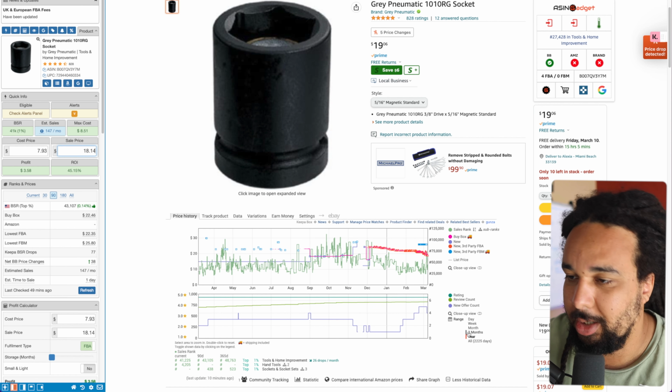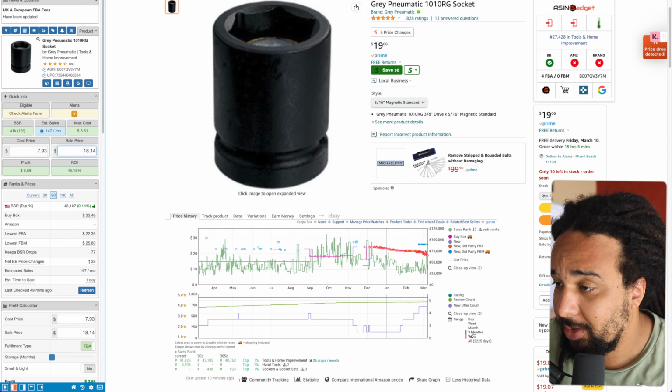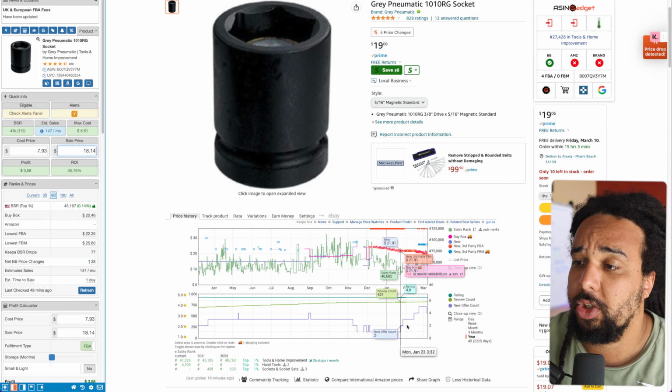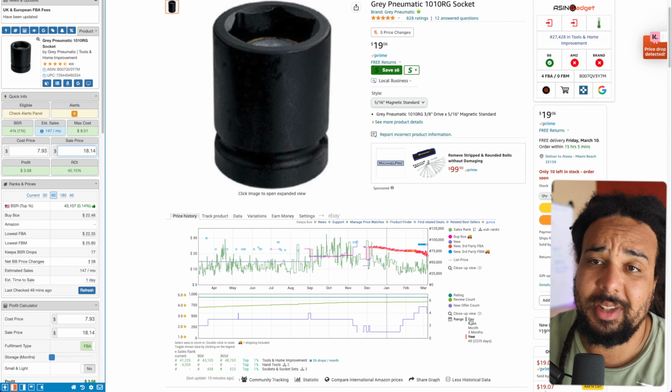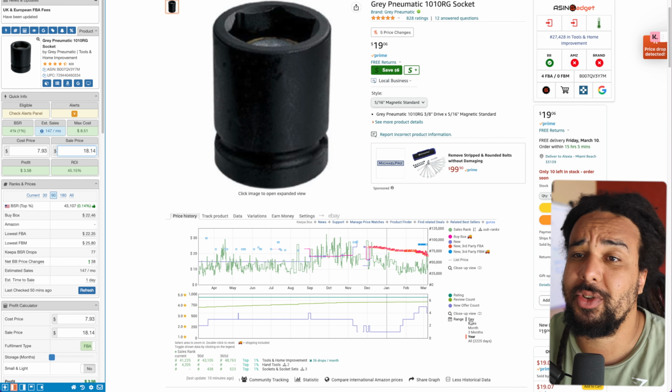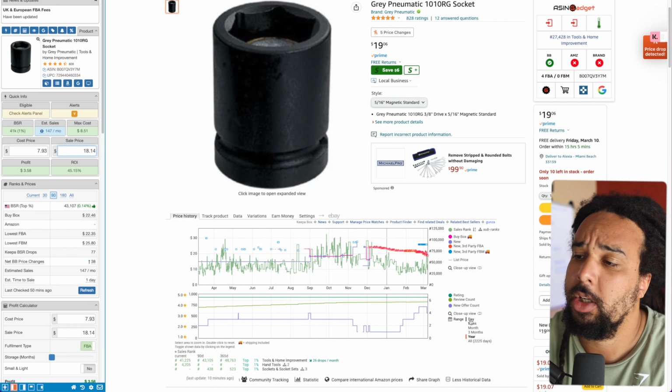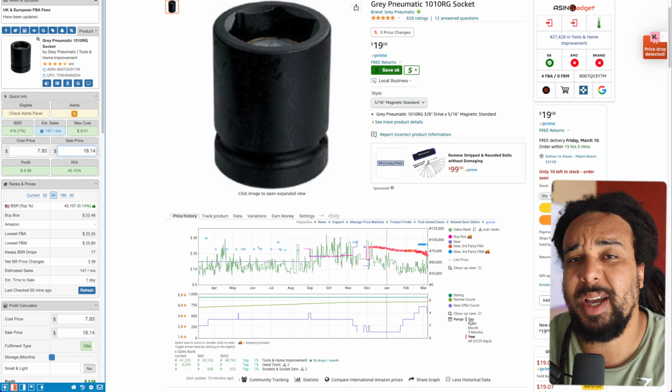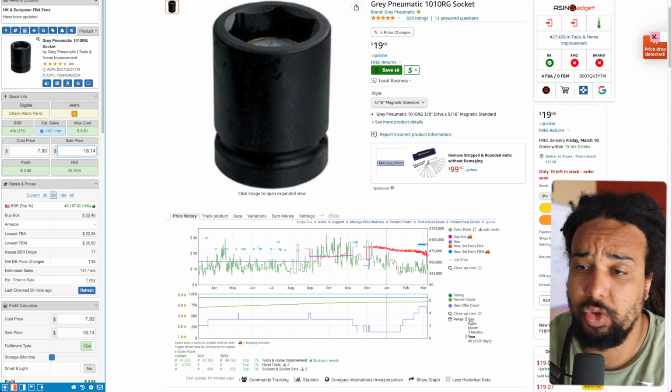The price is gonna tank. It was on the lead list as well. We're gonna get more sellers into that, and then new sellers are going to find this lead by reverse sourcing, because someone is going to go too deep in inventory, and the price is going to crash way more.